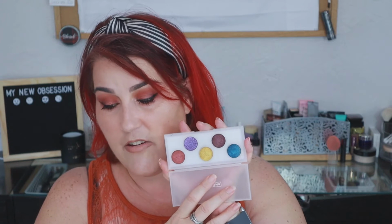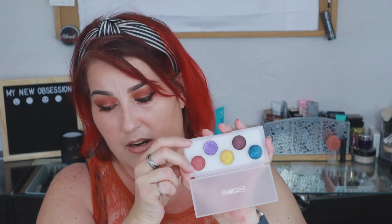So this is where my attention goes when I look at a Pat McGrath palette. I'm really looking at those special shades, and these are 5 of her special shades. 2 of them, these 2 here, can be found in singles, and these 3 were part of her Decadence palette. This is 0.18 ounces, so each of these is 0.035 ounces like it says, which is a decent size eyeshadow